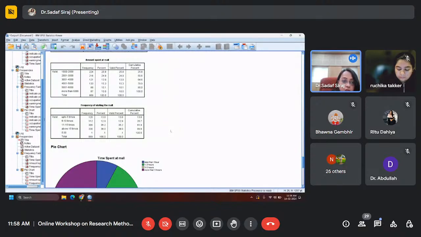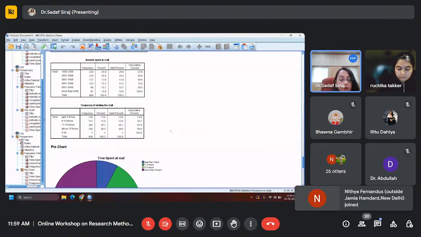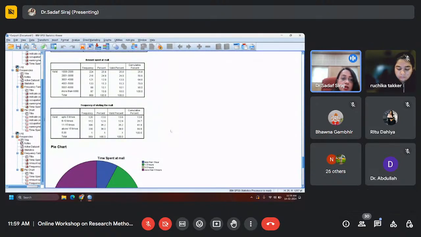There's a concept of cross tabulating that provides you wonderful insights. Cross tabulating means that you are trying to tabulate, you are trying to put two tables together. So I am not only interested in knowing the maximum time spent by the respondents, I'm also interested in knowing whether these respondents are females or males, whether these respondents who are spending so much of time in the mall, whether they belong to a younger age group or a higher age group.